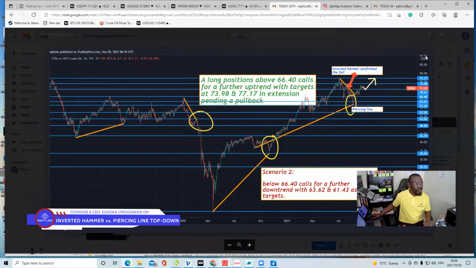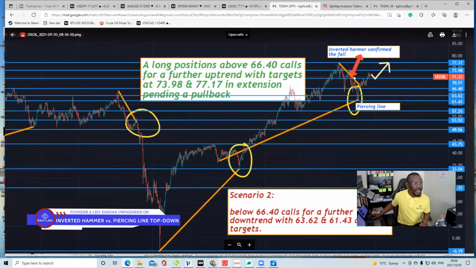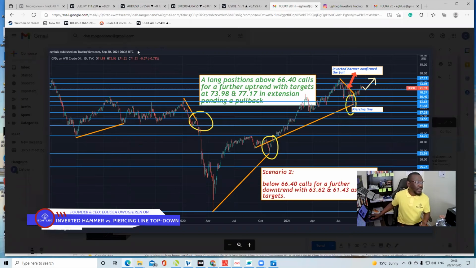So if we go now, we can zoom in. This is the scan that was posted. If you zoom in now, you see what I said. This was what I spotted, my inverted hammer. It was confirmed on a daily time frame. There was an inverted hammer at this spot, because this chart is on a daily time frame. Then if you see what I started monitoring, I did my back testing down to